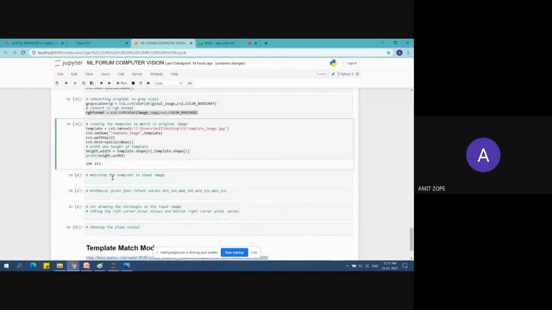Now for matching the template, there is one function that I will write here, cv2.matchTemplate. Yes, it's template.